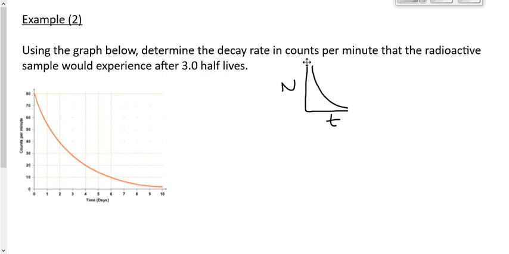Here's the bad news with these graphs. We can't easily straighten these graphs. And if we can't easily straighten them, we can't turn it into a y is equal to mx plus b graph easily, which means that we can't use the analysis that we've used on every other graph that we've done this year. That's the bad news. The good news is they don't expect us to go into any kind of detailed analysis of this. All they expect us to be able to do is read directly off of the graph one of two things: